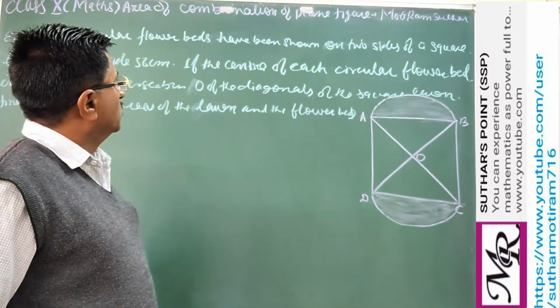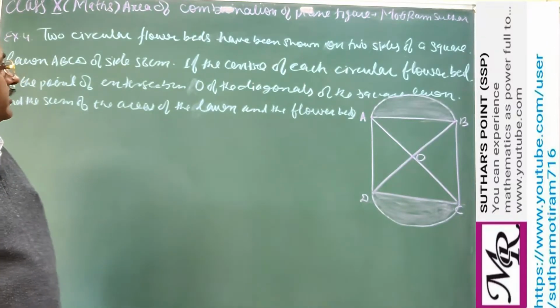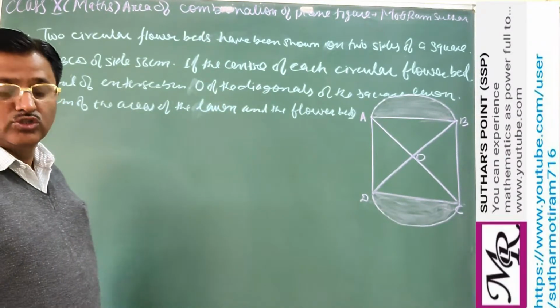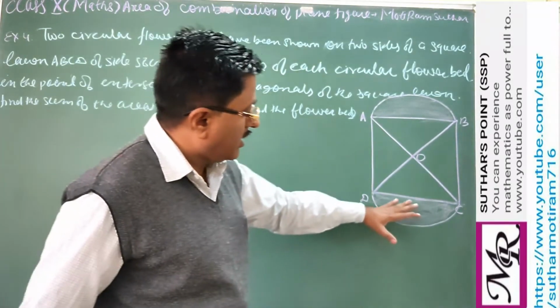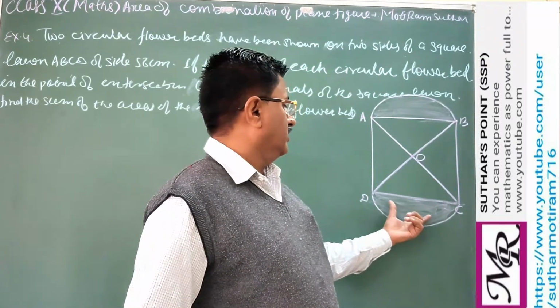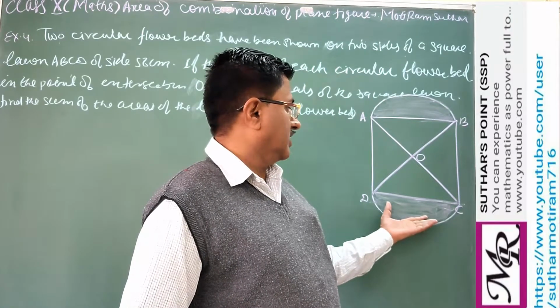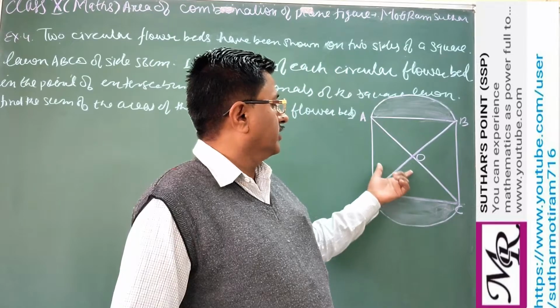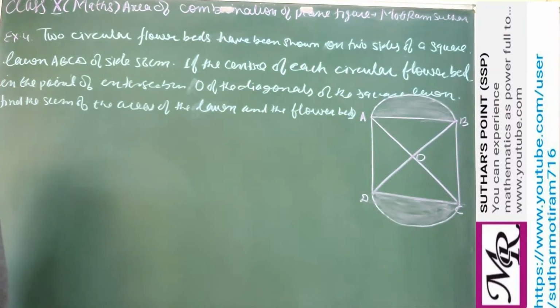And in today's video, dear student, we take a very important topic, that is the area of a combination of figures. So in this way we see how to find the area if we are given a figure which is a combination of different geometrical shapes like a circle or rectangle. Then we have to find the area related to these figures. For that we are considering some examples and problems today.